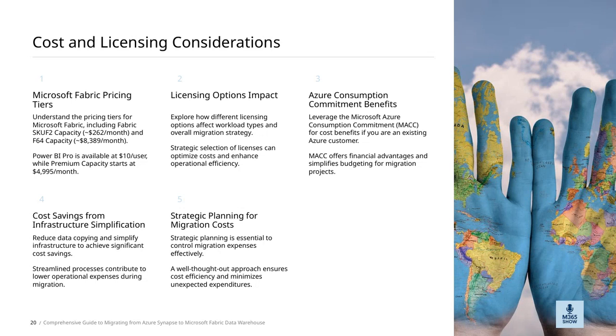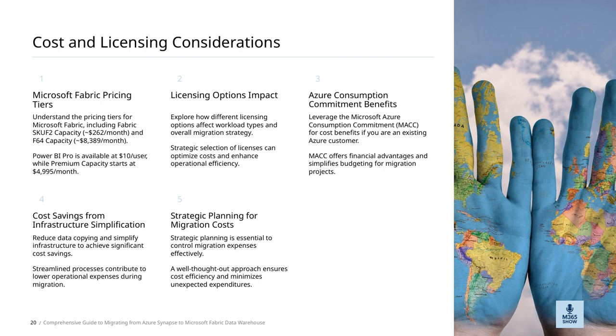Strategic planning is crucial when it comes to controlling your migration expenses effectively. By taking a well-thought-out approach, you can ensure that your costs remain manageable and that unexpected expenses are kept to a minimum. One of the key ways to save costs is by reducing data copying and simplifying your infrastructure. Streamlining these processes not only cuts down on operational expenses during migration, but also makes the entire process smoother and